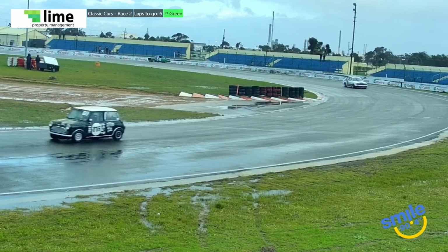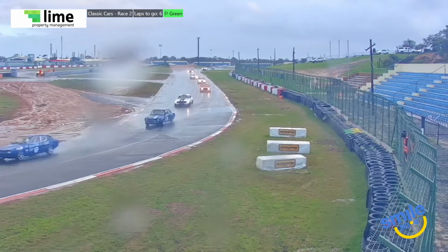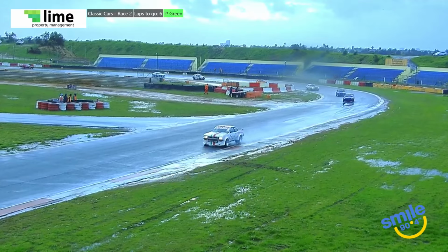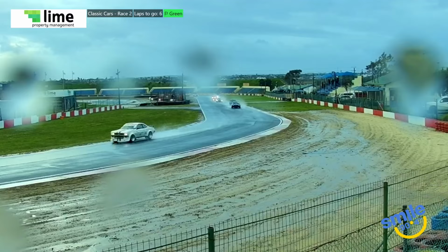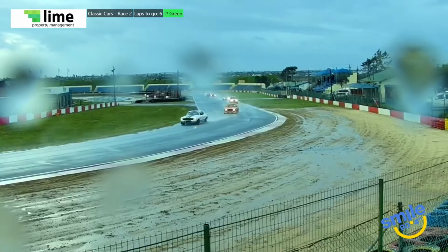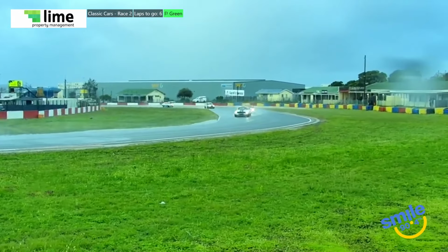that's Matthew Rowe. Yeah. He's taken it to the dirt. But I'm sure he's gardening today, I have to say. It's a very nice hobby, I have to say. But yes, he gets back onto the circuit very quickly. Like I was saying about that Donadio Chev, it's more about the throttle control in this kind of weather than the tires. But we see Matthew Rowe gets back up to pace once again and slots into the back